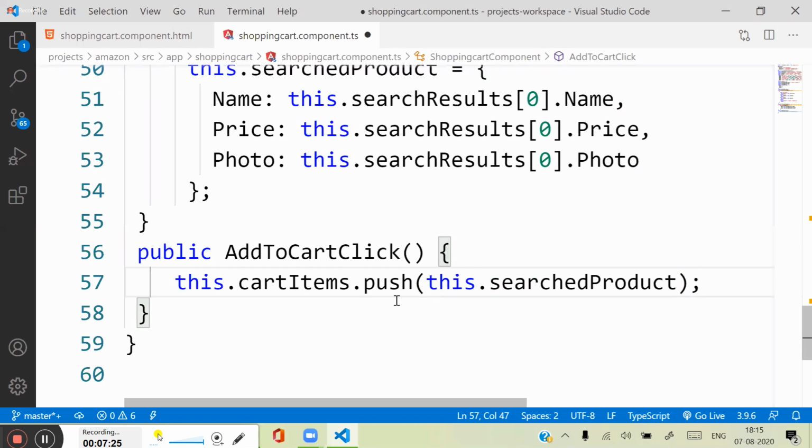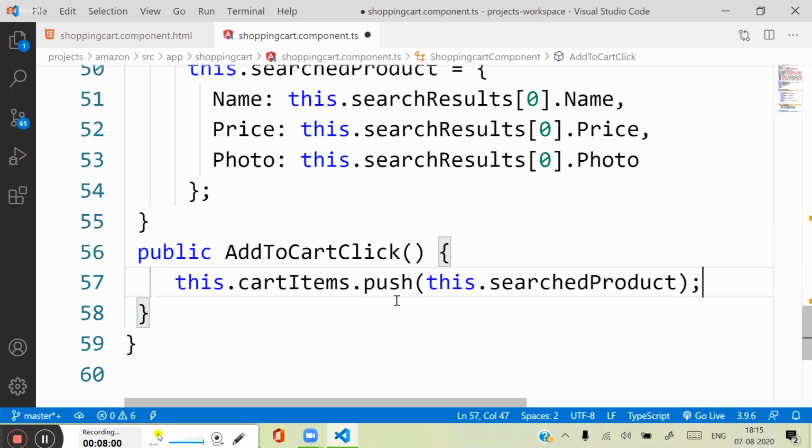So we are accessing it. All right. Now, one more important thing is the items count must be updated regularly. That means when you add an item, when you remove an item, every time the items count should be updated. So that means, in order to update the cart count,